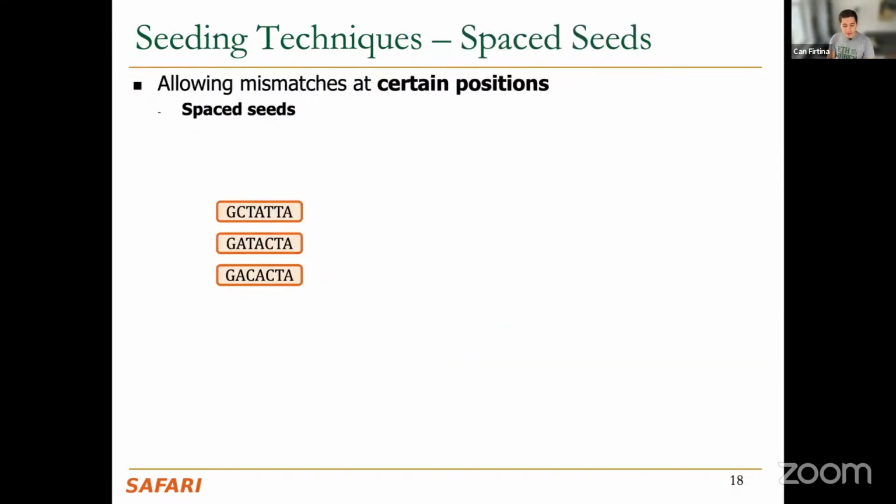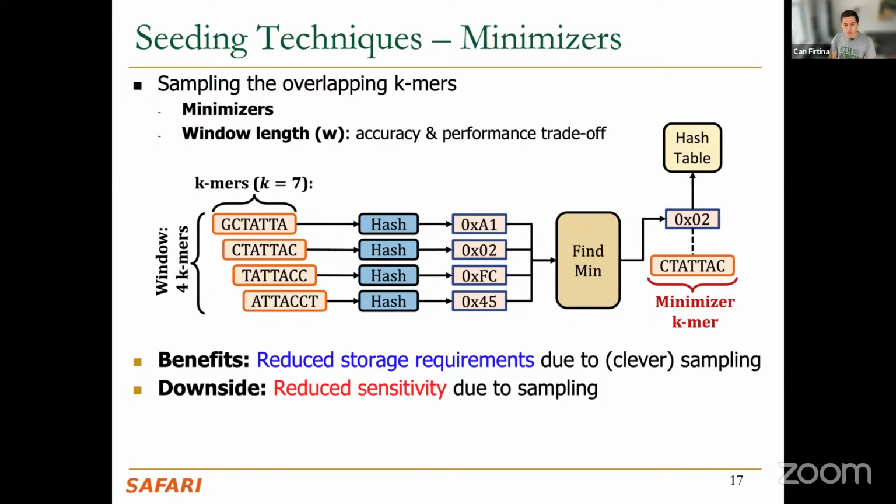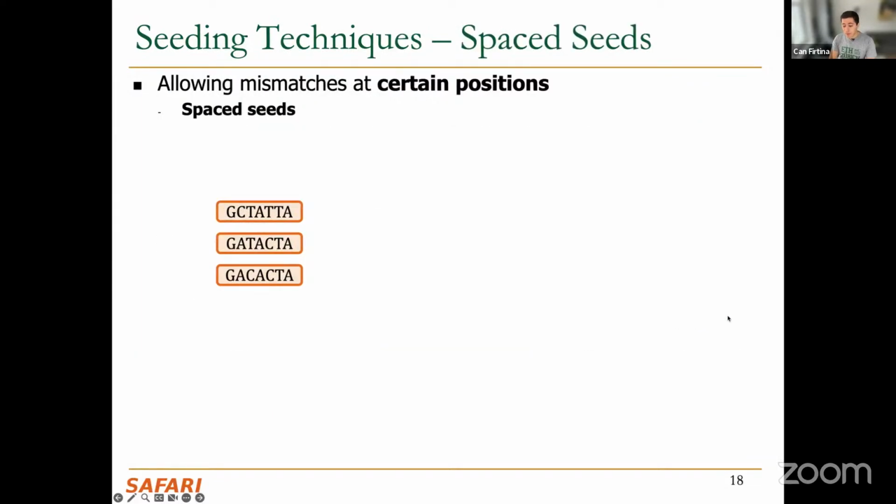So the other approach is called spaced seeds. If you look closely at the previous approach, what we're essentially doing is hashing some sequence and then storing it in a hash table. So this means that when we find a match for a hash value, we found an exact match for that particular sequence. That exact match requirement is somehow limiting some of the applications,